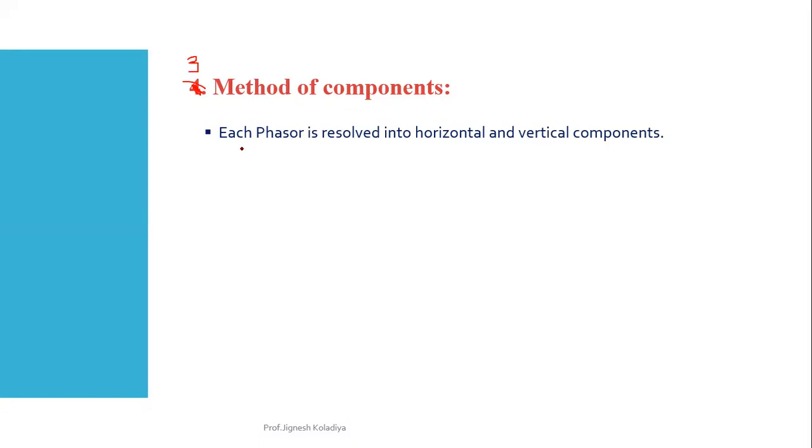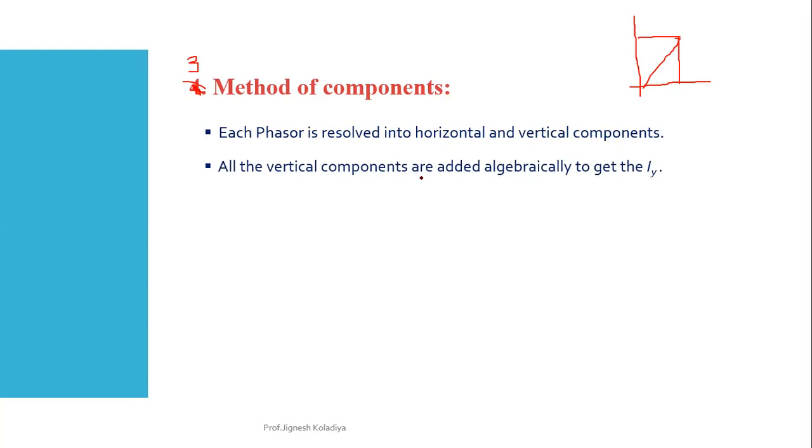Okay. So in this method, very simple. In the parallelogram method, at least you have to remember that two equation, but here no need to remember that equation also. Just you have to do this procedure. Each phasor is resolved into horizontal and vertical component. All of you know about that. For example, if the vector is given like this, then if your axis is like this, then it will be resolved into x component and y component. That everyone can do, right?